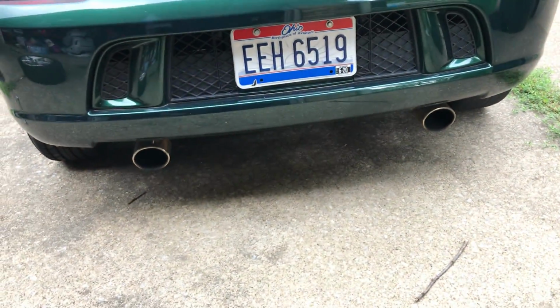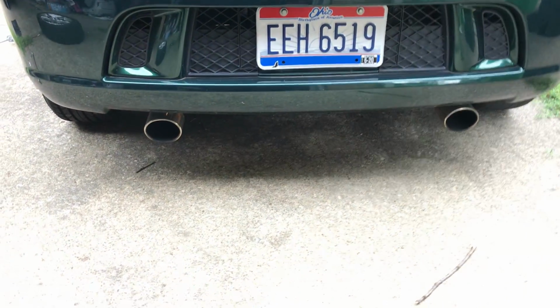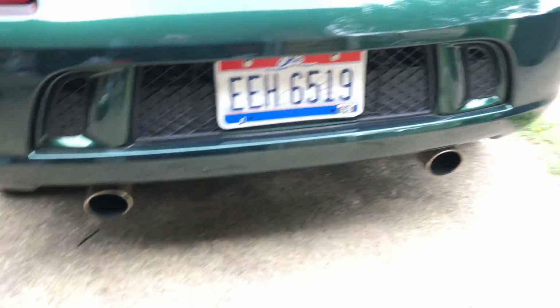So the headers go into a single pipe, and then after the muffler it goes to the two. Really fun car to drive. I do love the Spyder, but